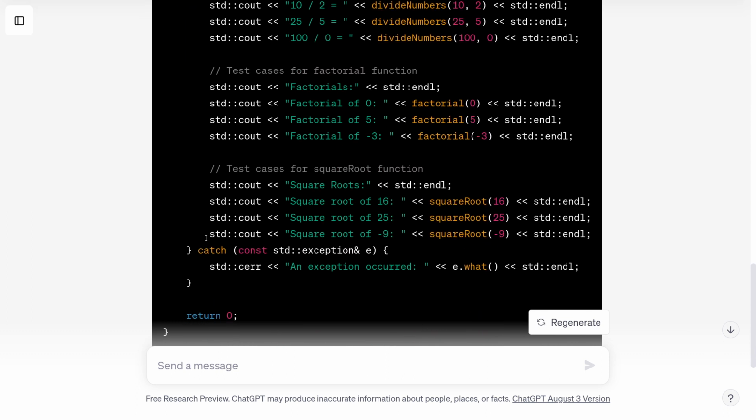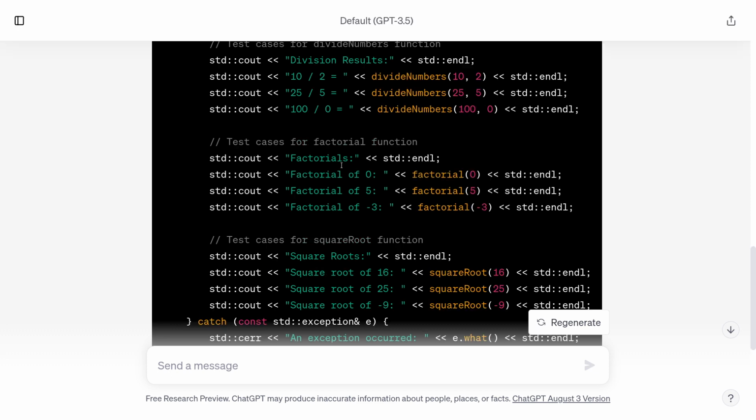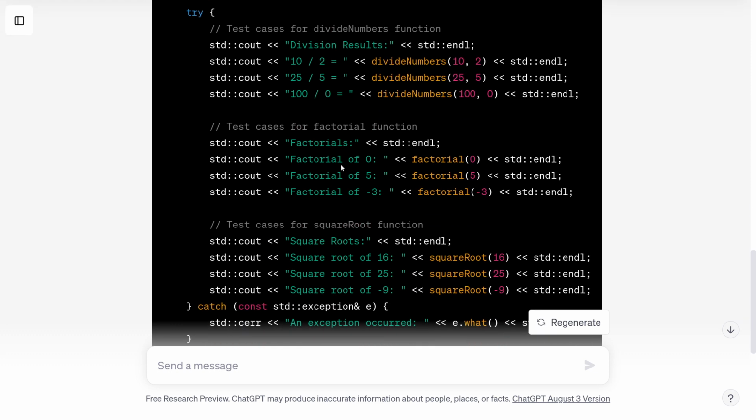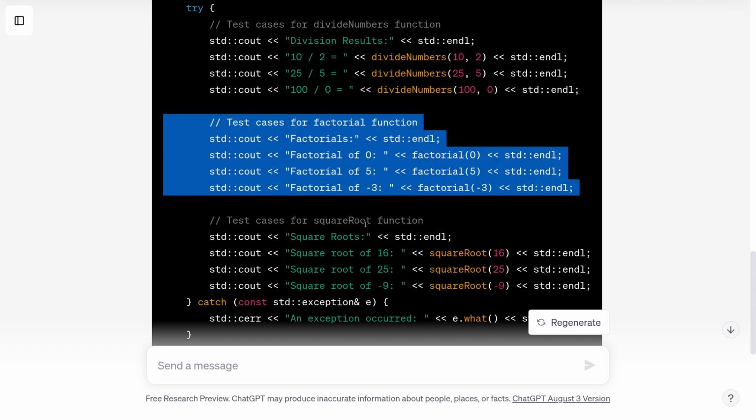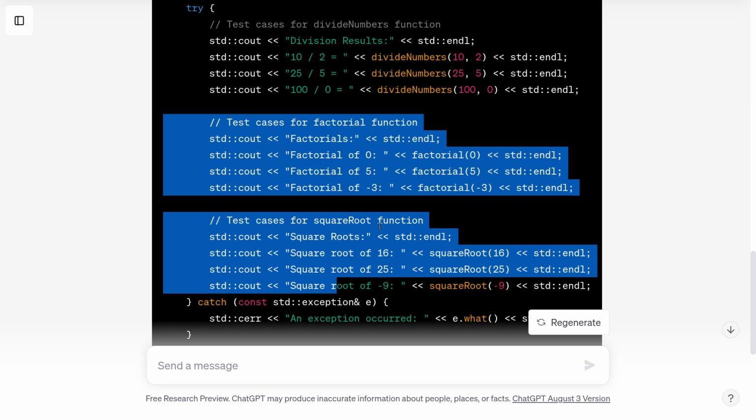Because arguably, in any other language with exceptions, this is also very sloppy. The point of exception handling is to have some, in a sense, dexterity with dealing with exceptions. You want to know what kind of exception was thrown and who threw it. This is just saying if anything gets thrown, catch it, and then the program ends. I won't even be able to use this testing code because this call to divide numbers throws an exception and the try block just ends. So I'll never be able to test these.